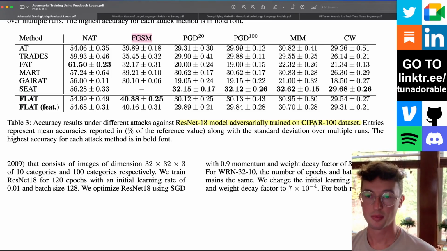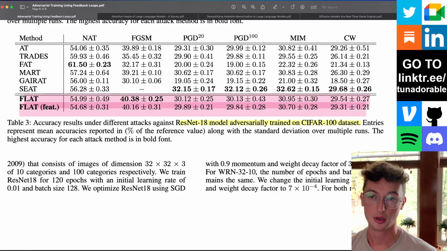So for some reason, when we go to CIFAR 100, we are no longer performing number one best. However, when you look, I'm just eyeballing it real quick. From eyeballing, it does seem like this method is actually a close second or third across all those attacks that it lost out to first place in.